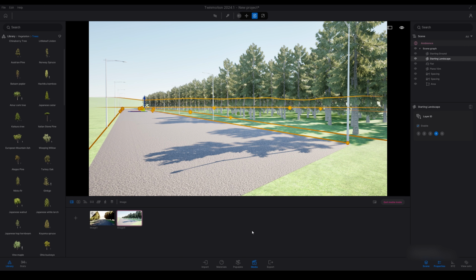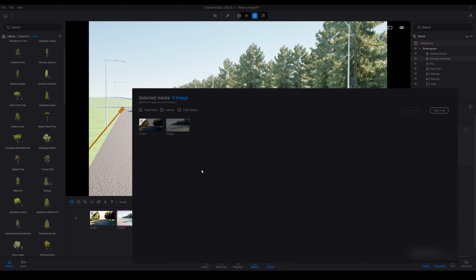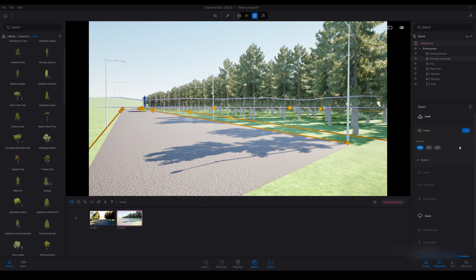I'm just going to update my image, go down to the bottom, click export. If I scroll up, I'll head over and hit the plus button. I'm going to select my image first. Under details, I have render layers, so I'm just going to make sure that all of those are selected. Make sure those are on.